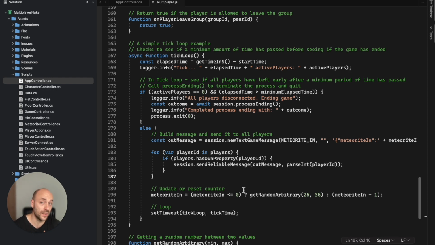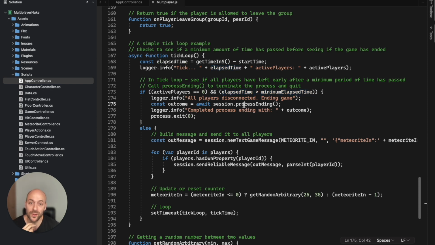I forgot to mention before that the real-time script is written in JavaScript. It's not like Lambda where you can choose your favorite programming language and the version. No. The real-time script is only JavaScript. We have here the loop function, so you can see that the loop function calls itself every second. And we terminate the game server if there is no player after a certain amount of time.